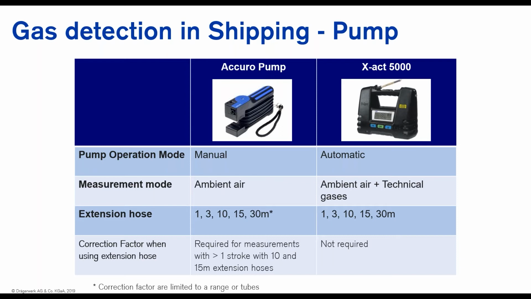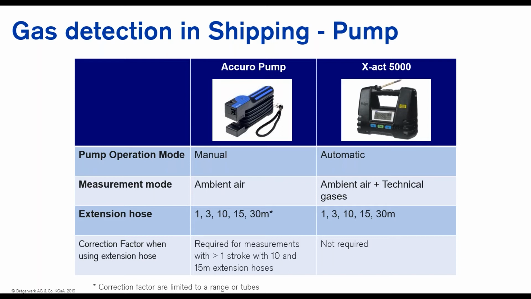the hose itself has to be used correctly. The pump number we will provide as well, because for the 30 meter extension hose, we are using a very small inner diameter to ensure that whatever correction factor we apply is workable, and it has been tested by our R&D side. So moving forward, our list may get extensive. We may update our list of correction factors for the extension hose as well. For the Accuro pump, for the table of extension hose correction factors, you can always refer to the IFU.